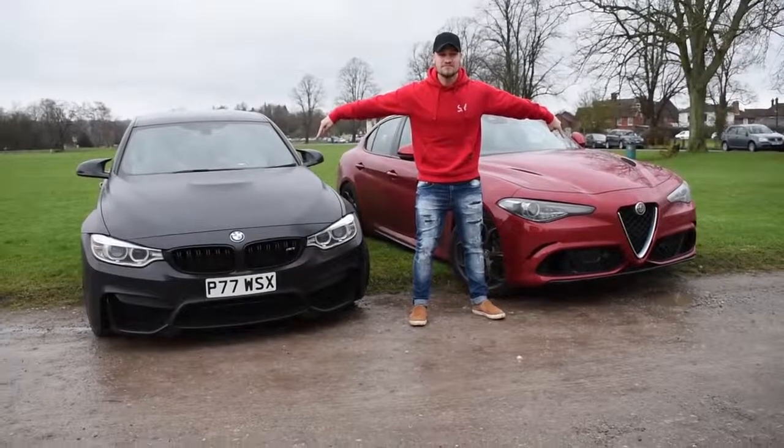QV. And I don't think this has actually been done on the internet before. M3 versus... never saw it. No. But behind are two four-seater powerful super saloon cars, family cars. In the pouring rain, with ridiculous power, rear-wheel drive, and this should be an interesting comparison